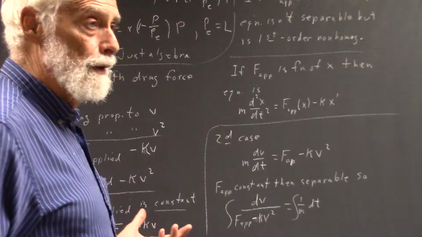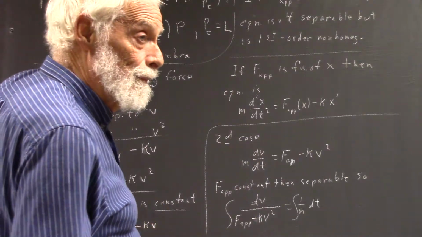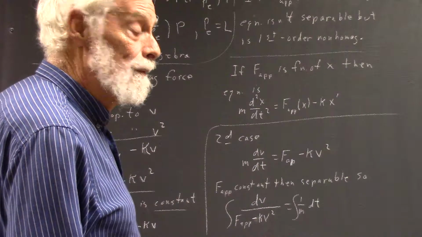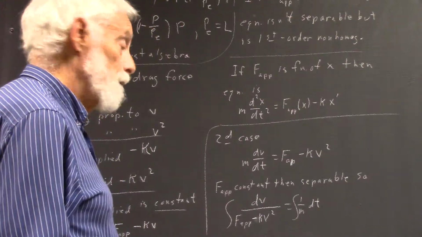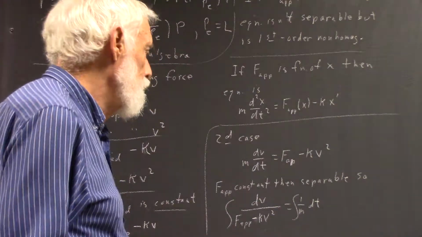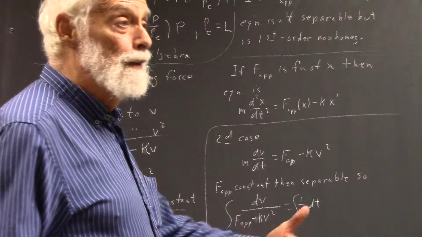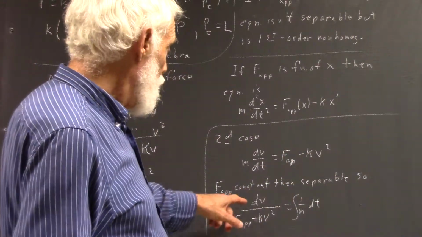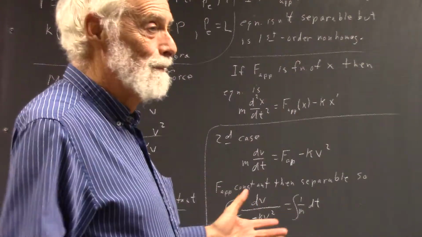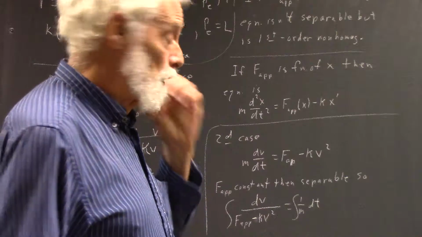A standard technique that you learned in pre-calculus. We're not going to do a u sub again? Well, what are you going to let u equal? Just the f applied minus kappa v squared. Well, then your derivative, your du, would be negative 2 kappa v dv. You don't have a v dv, right? So you're done. I mean, that one's out the window. It won't work. Okay, so